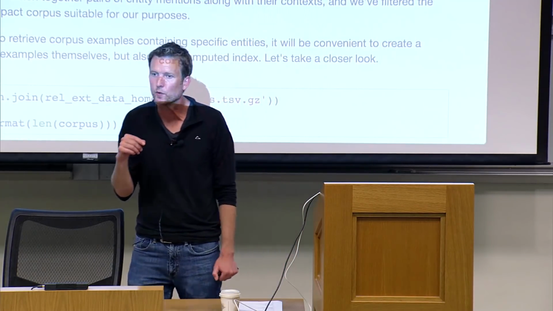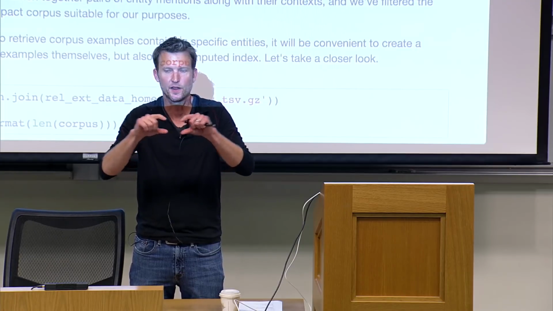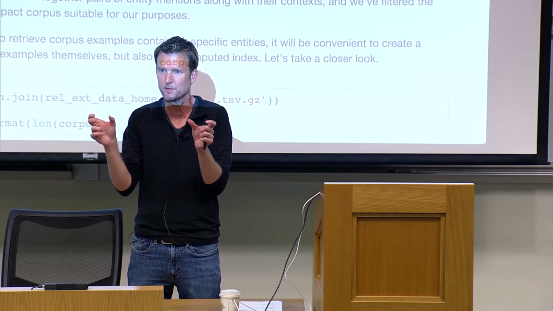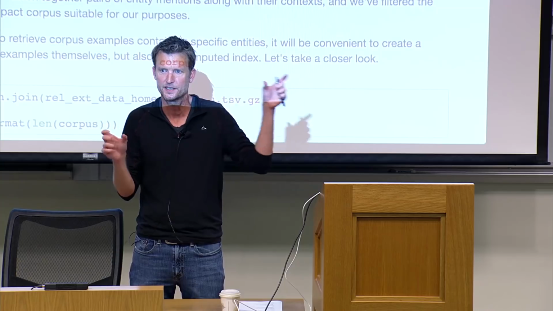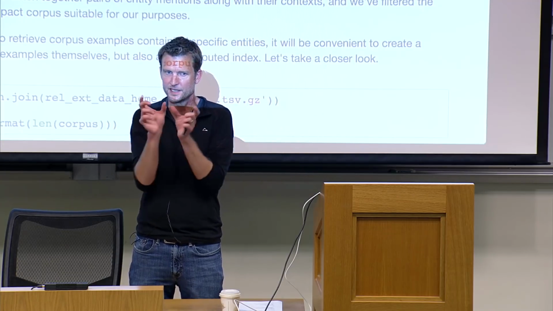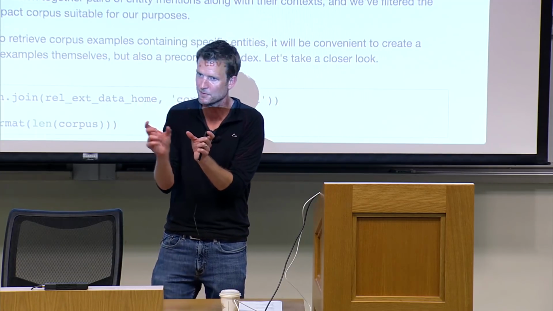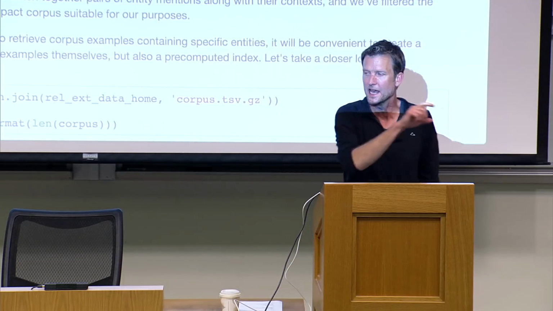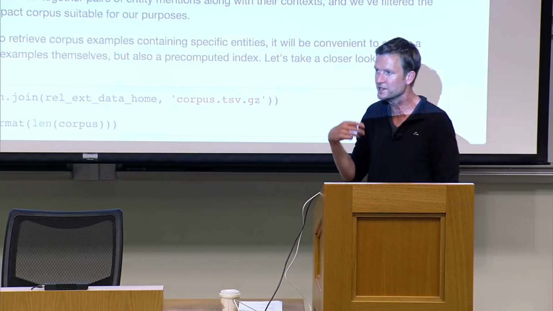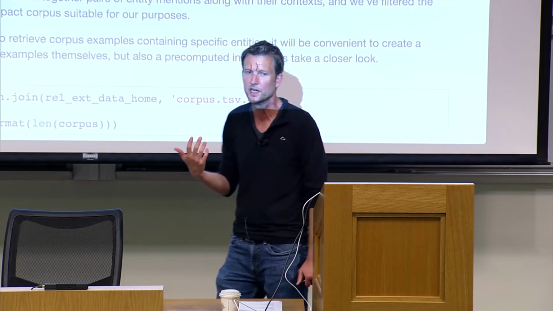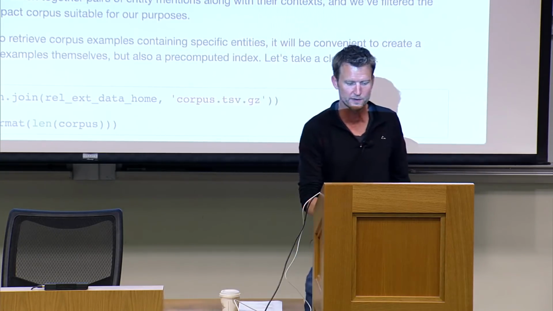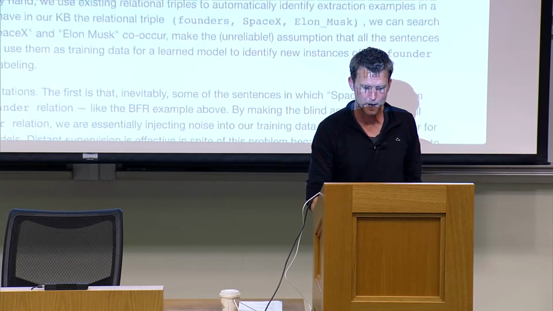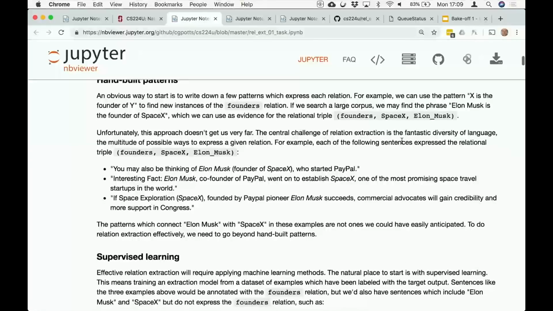There's something else we want, which is that we want to have the context around the two entity mentions. So we'd like to have the text before the first mention, the text between the first mention and the second mention, and the text after the second mention, because all of that context is potentially predictive of what the right relation is. If you look back at some of the examples that I gave,